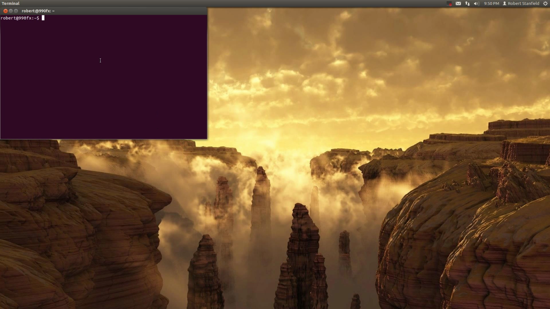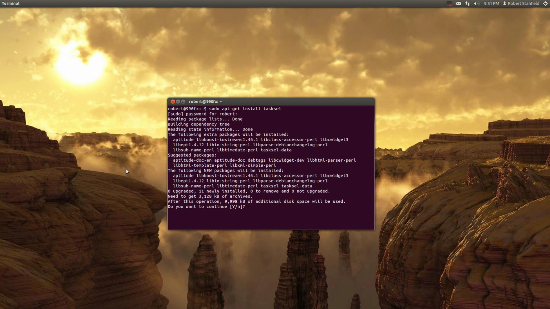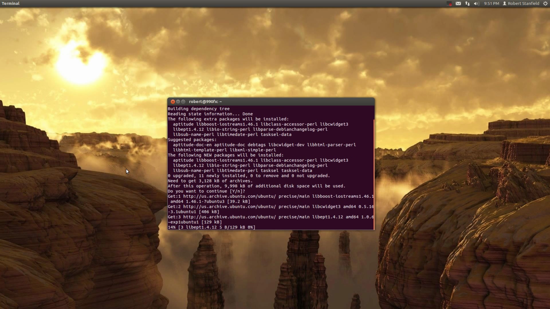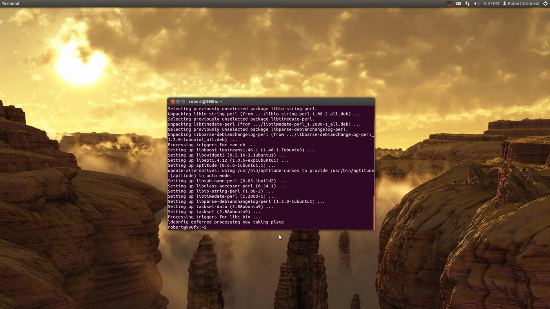You want to first start a terminal window, and you're going to want to install a thing called tasksel, just like that. And I believe this was made by the Debian community. I'm not really sure, so we're just going to go ahead and install this real quick. Okay, so now we have tasksel. Now we want to sudo. Well, we're going to need root privileges for this, and then tasksel,